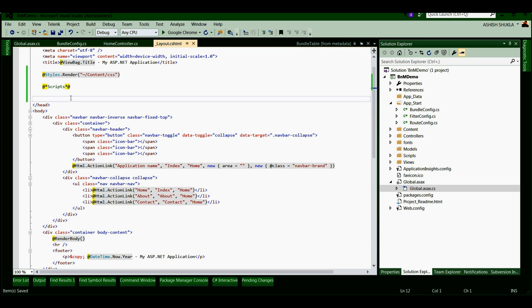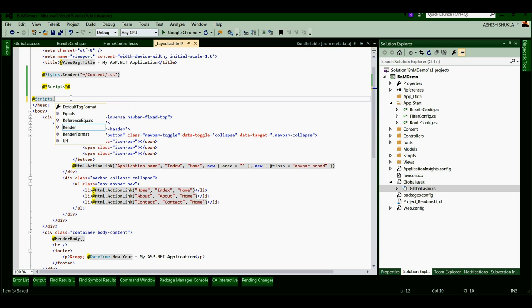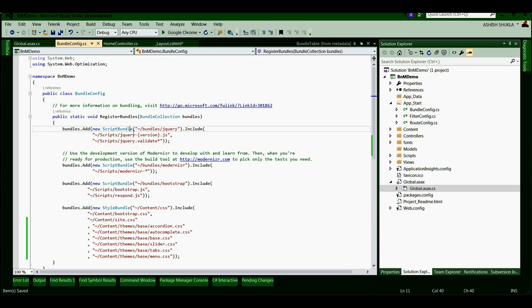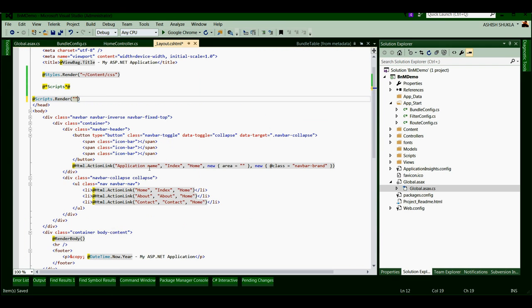Our script bundle can be rendered using the Scripts helper, and we can pass the virtual path in the constructor. The virtual path of the jQuery library is bundle/jQuery.